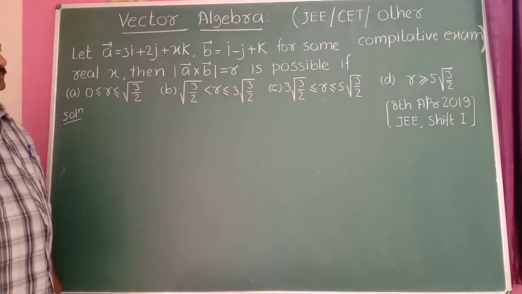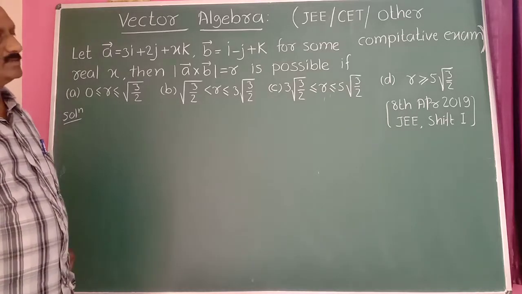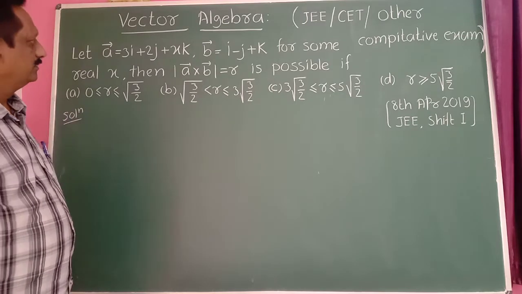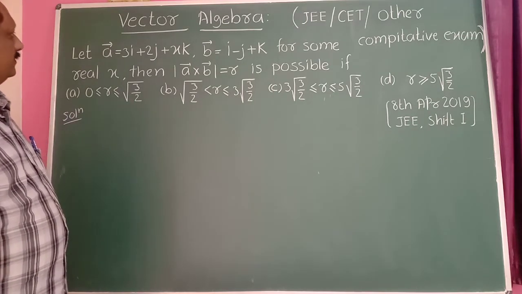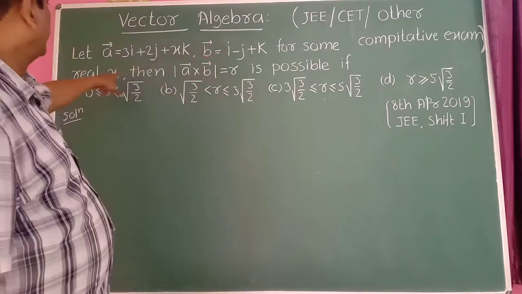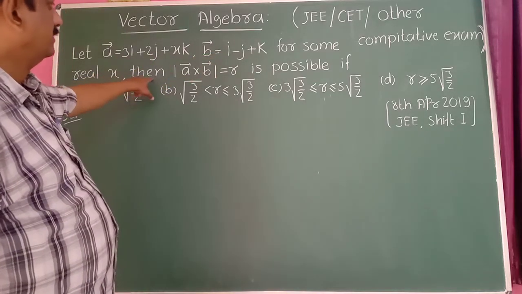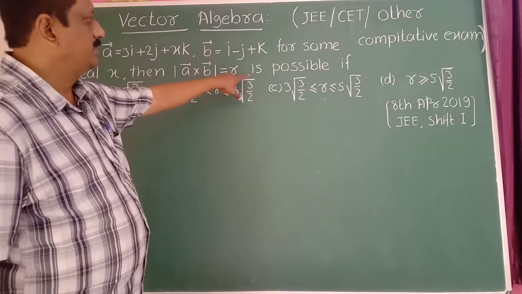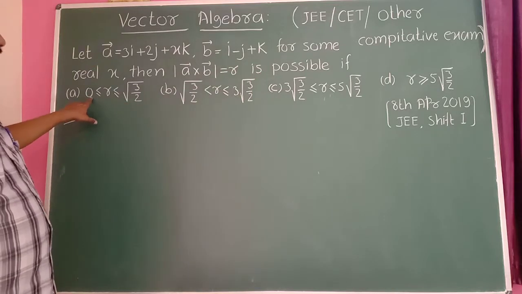Vector algebra. So I am explaining examples on JEE, CET and other competitive examinations here. So this is the first example here. Vector A bar, B bar for some real number x here. Then modulus of A bar plus B bar is equal to R is possible if 0 less than or equal